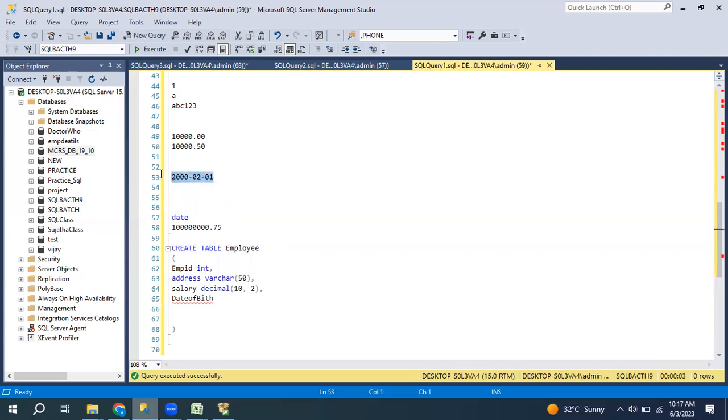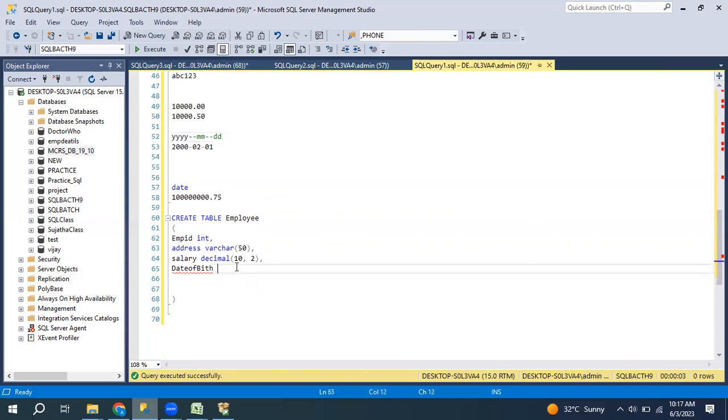This is the format of SQL Server. It can save the data in this format only. Year, month, day, YYYY-MM-DD. So I need to save the data in date format, right? So we have the data type called date. It will save the data in date format.